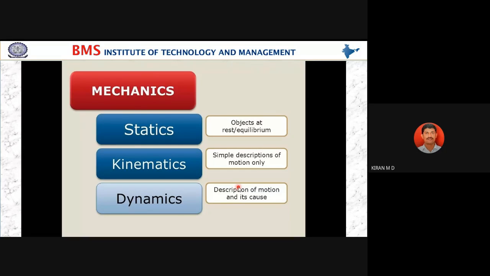Along with this dynamics, in your syllabus there are 2 added modules of vibration. Are you following what I am telling? Yes, sir. Along with the dynamics syllabus, there are 3 modules of dynamics and the remaining 2 modules of vibrations. In previous schemes, dynamics was a separate subject and mechanical vibration was a separate subject. But now they are combined here.